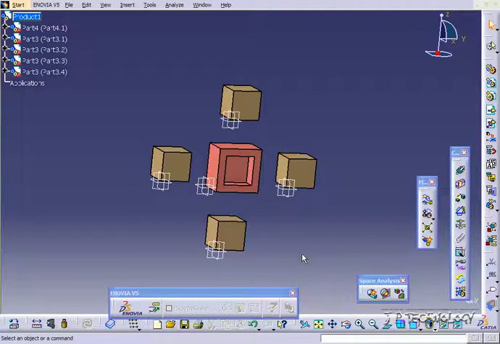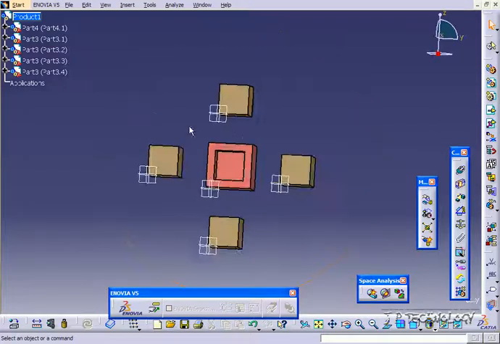This is tutorial number 114, and it covers the angle constraint within CATIA v5. To start off, open up tutorial part number 113, which is located on the DVD. What we're going to be doing is using the angle constraint to create different angles between all of these